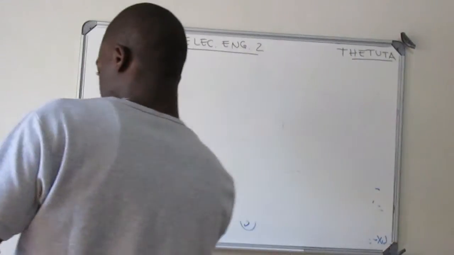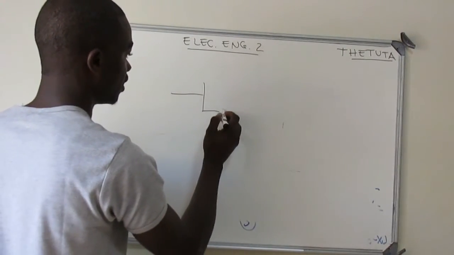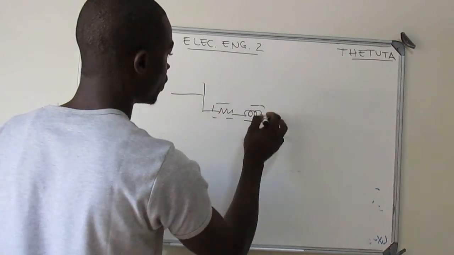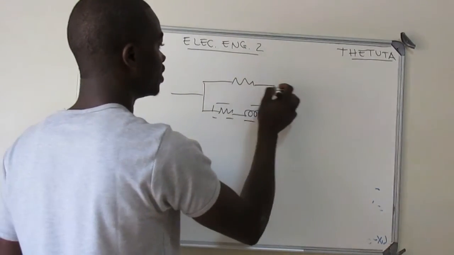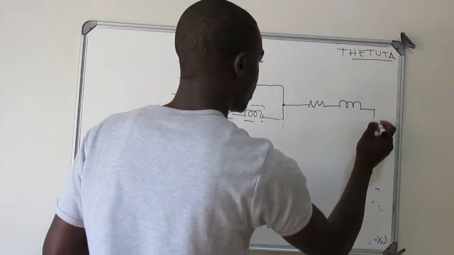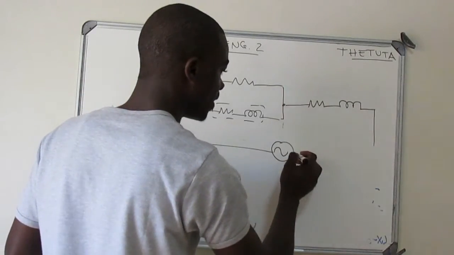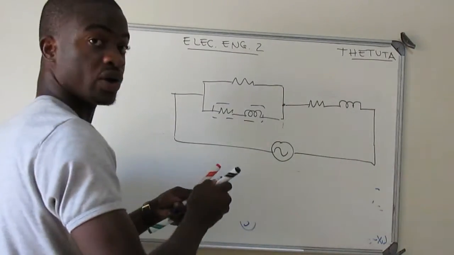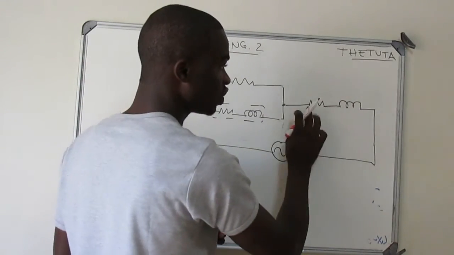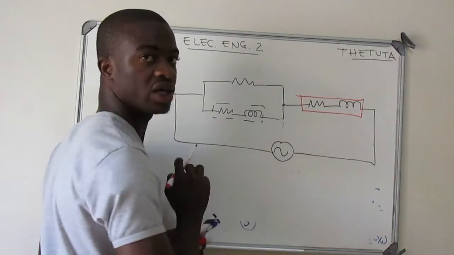So let's say we come to a problem where they give us a combination of a resistor and an inductor, which they call a coil. And then here we have a resistor, and then we have another series there. Can you see that? Something like this. It may happen they give us something like this. But the first thing we need to write down is that the combination of a resistor and an inductor gives us one block, which we call an impedance.